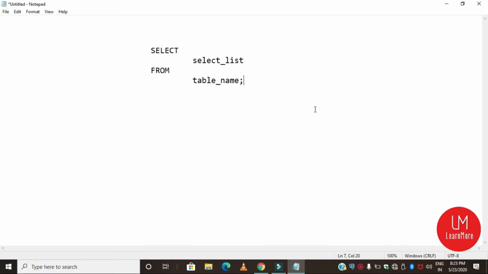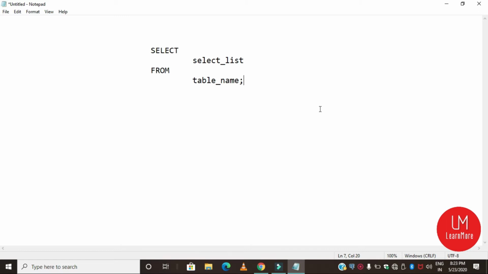First, you have to specify a select list that can be a column or a list of columns in the table from which you want to retrieve data. If you want to specify a list of columns, then you have to separate the column names by commas.